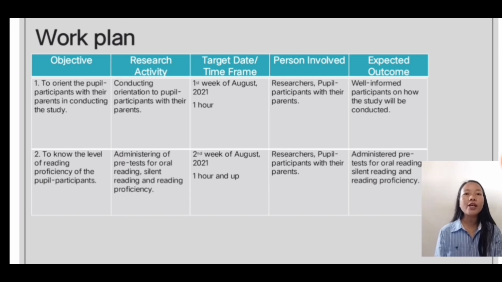The researcher will be conducting orientation to pupil participants with their parents on the first week of August 2021. The expected outcome from this is that the participants are well informed on how the study will be conducted. And the second objective is to know the level of reading